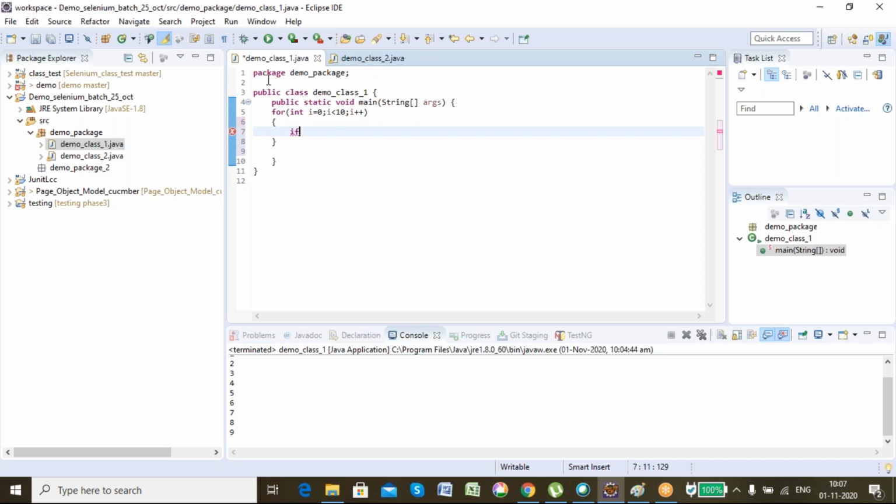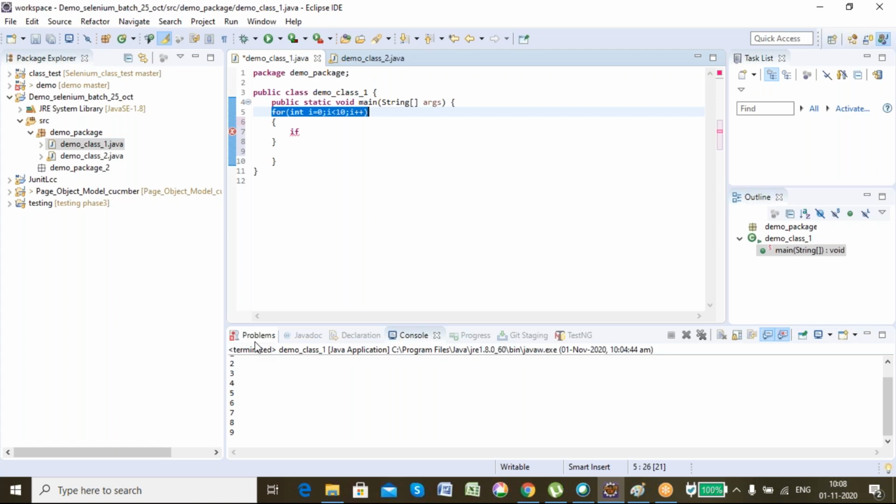See, if I run this particular code and print I, it is printing up to 10 because the condition is satisfied up to 10. 0 to 9 it is printing, right? But I want it to print and check the condition, and if it finds 5, then just break out. I don't want any more output, although the condition is satisfied up to 10. That's not an issue.